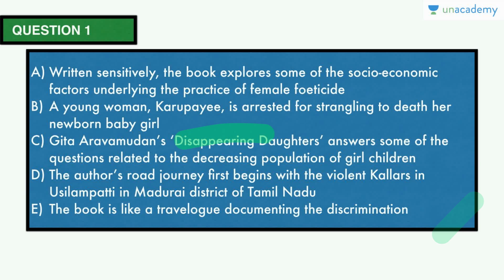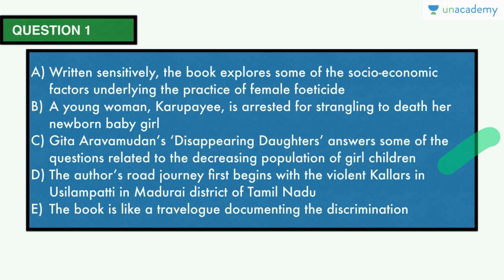Of course, if you're talking about a book, you're going to talk about... okay, so just have a look at the dichotomy here. You can either go on talking about the book, or you can go about talking about the problem at hand. So the subject matter here seems to be the book and not the discrimination against girl children. Just have a look why. All the sentences talk about the book. So the central theme of the paragraph is the book and the reference of the book to the discrimination. So the primary subject is the book. The book, this is again what happens in the book. Book, author's journey. The book is what?